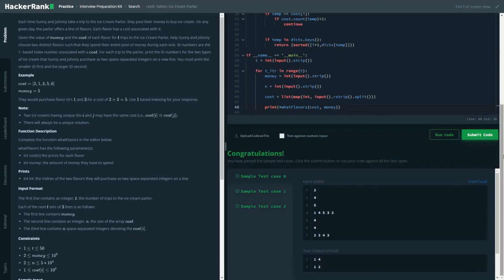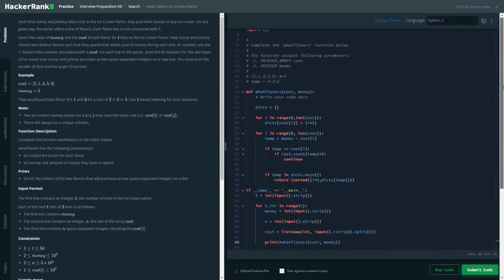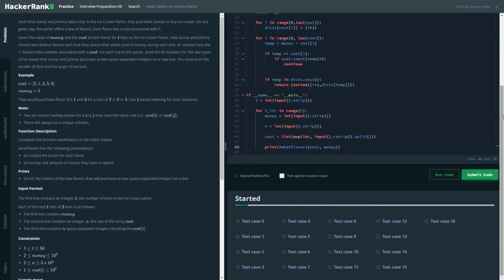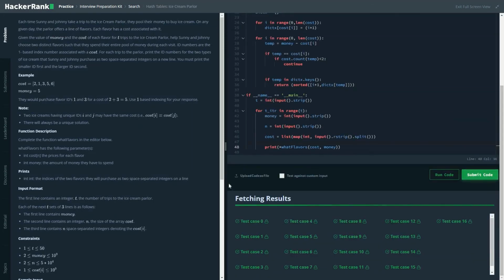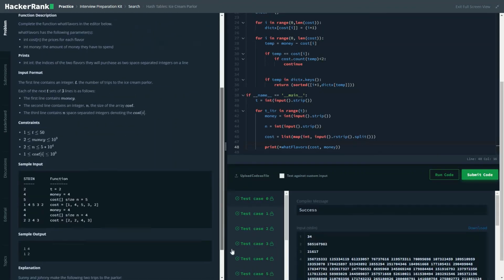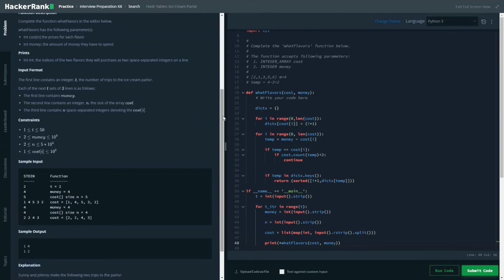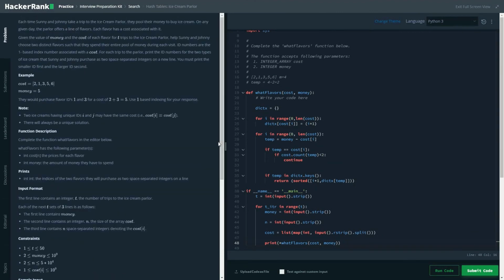As you can see, it passed both of the test cases successfully. Let's submit the code. Let's check. All the test cases are being passed successfully. So it's a pretty straightforward problem. The first thing to remember is that we first need to store all the values in a dictionary. Then we just subtract and check whether the remaining value is present in the dictionary or not. This is a very simple problem of the search category.